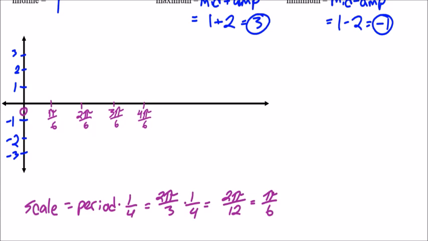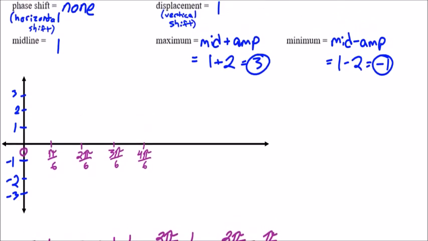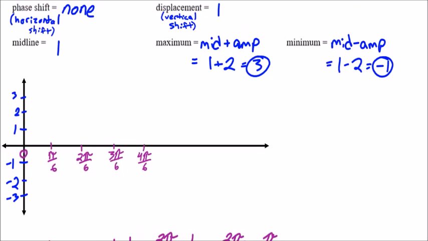You go from 0 to 1 pi over 6, 2 pi over 6, 3 pi over 6. It's a lot easier to see it this way if you don't simplify it. So it's okay if you leave it that way. In the end, if you want to simplify, because you certainly can simplify most of those, that would be fine. All right,